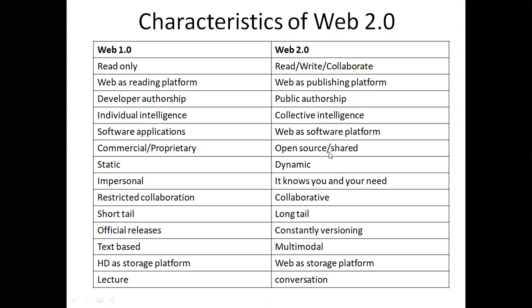Basically here Web 2.0 is open-ended and 1.0 is basically static, whereas 2.0 is very dynamic, it keeps on changing. Let's move on to Web 2.1. It is impersonal, meaning it is oriented towards some people, but here it reads the minds of the people, and whatever is necessary, it tries to generate for them. It is ineligible for collaboration, but here you can go for collaboration.